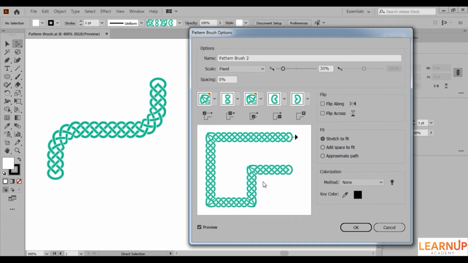Last but not the least in the list is the pattern brush, which uses pattern swatches as tiles. We have 5 different tiles for a pattern brush: the outer and inner corner tiles, the side tile, and the start and the end tiles. Illustrator auto-generates the corner tiles, so it is not necessary to create them as long as you are fine with the auto-generated ones. You can also skip the start and the end tiles if your brush doesn't demand them. The side tile, however, cannot be skipped, as it makes most of the brush body.